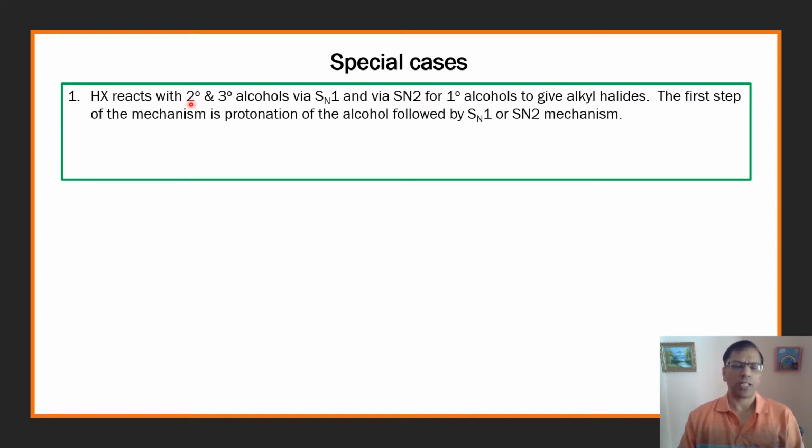However, if the alcohol is secondary or tertiary, then it will react via SN1 mechanism. In both cases, the first step of the mechanism is protonation of the alcohol,